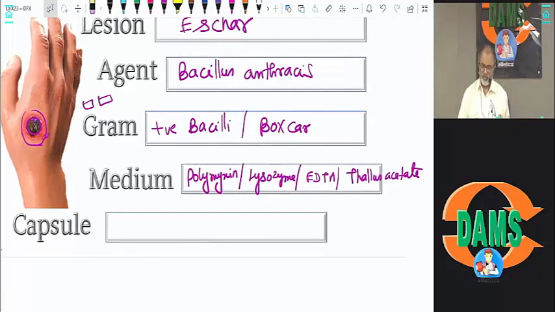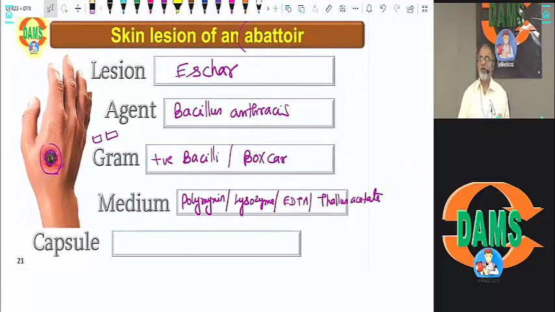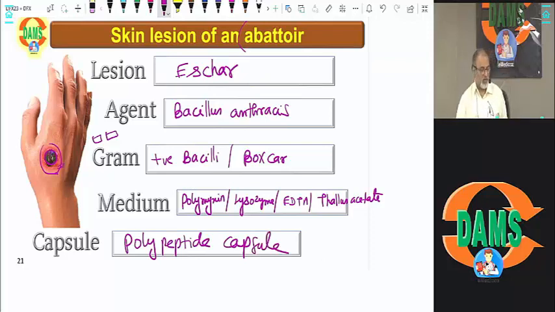What is the capsule made up of? Very good. Polypeptide capsule. Okay. Capsule is made up of polypeptide. Polypeptide capsule. Next is